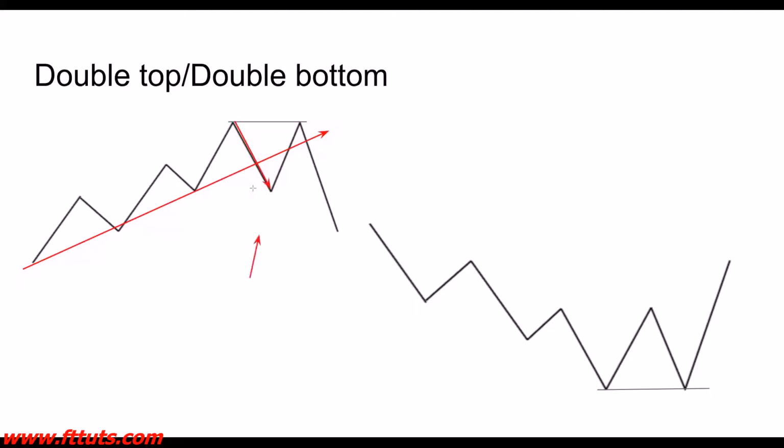A violation of an uptrend, with the market respecting the trend line, is a potential first sign of what? Reversal. Confirmation of a reversal is price coming back to a structure level and rejecting and pushing down, or breaking a structure low and pushing down. If this doesn't happen, the way we gather our confidence is by waiting for price to come back to a